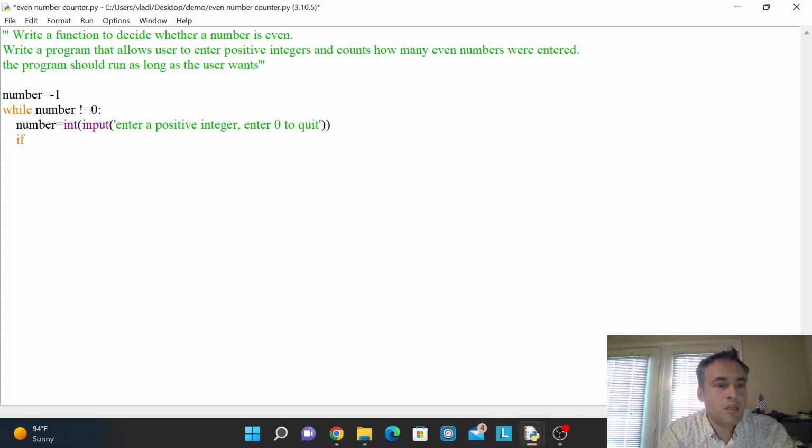And I'm going to say if isEven number. So that already means that this will be a function which will return true or false, and we are to write this function later. So one possible disadvantage is that we won't be able to debug it right away. But that's how cool kids do this. Okay, if isEven number, then I'm going to